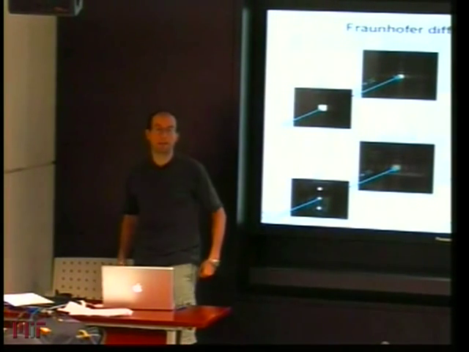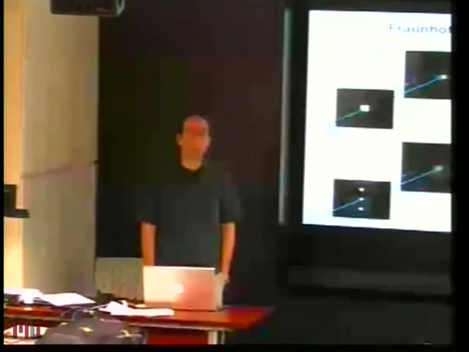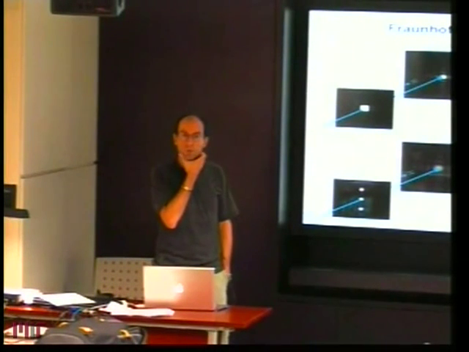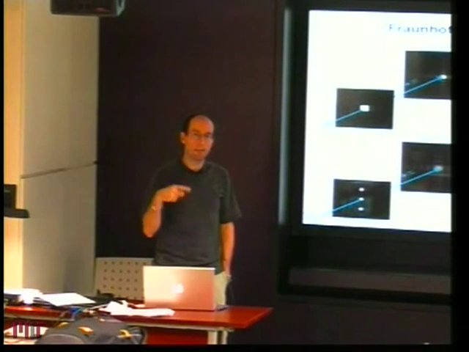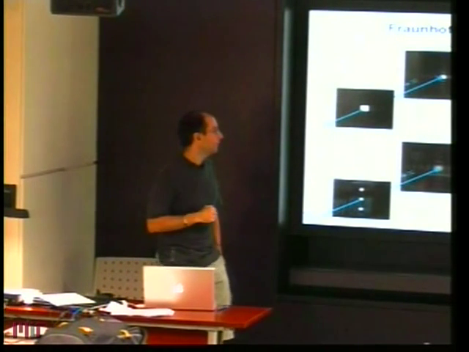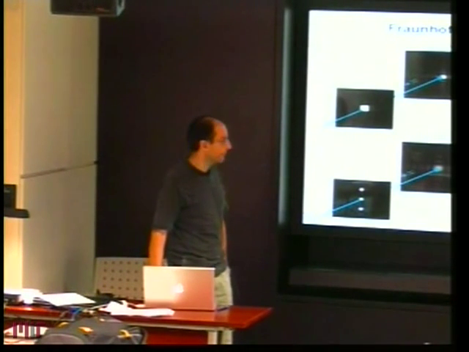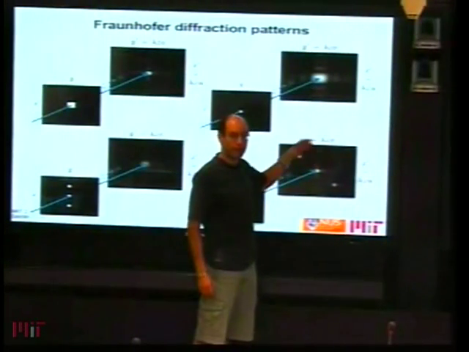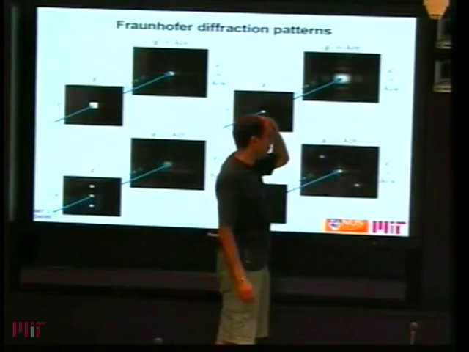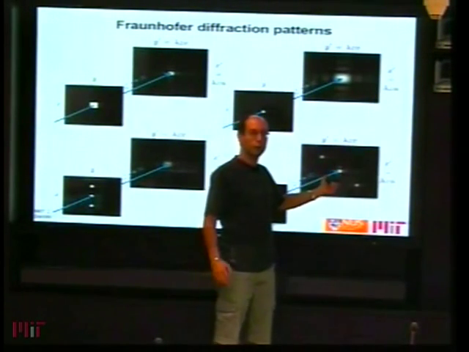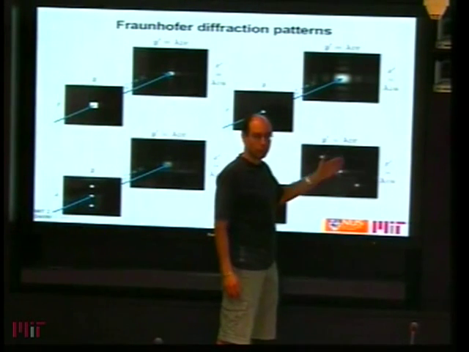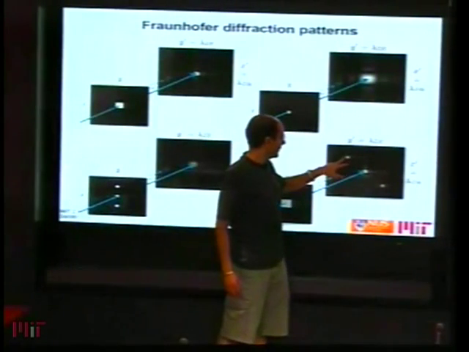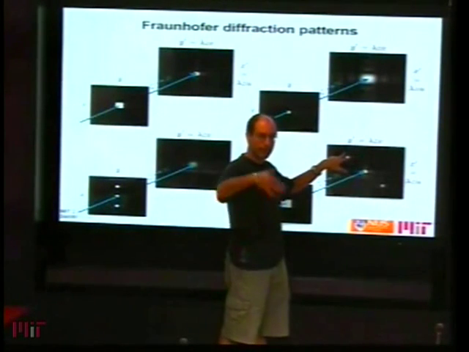But since we've been discussing Fourier transforms, there's another very basic property of Fourier transforms that I would like to introduce here, and then we will see it in full glory the next two lectures, and that is spatial filtering. So spatial filtering is basically the following. It says if you go to this Fraunhofer domain, or in general the Fourier domain, which we will see a little bit later that we don't have to go very far actually. By using a lens, we can produce a Fraunhofer diffraction pattern at the back focal plane of the lens. That's very convenient. But if I go here and I do some modification and then I take another Fourier transform,